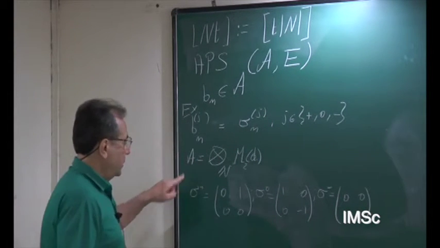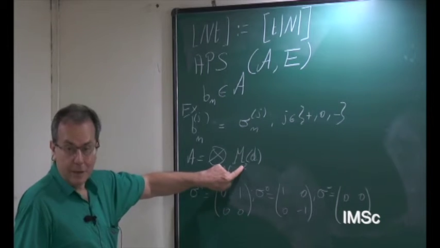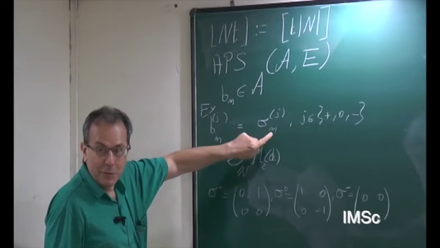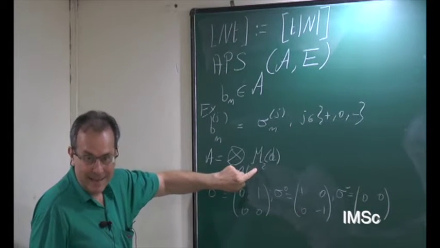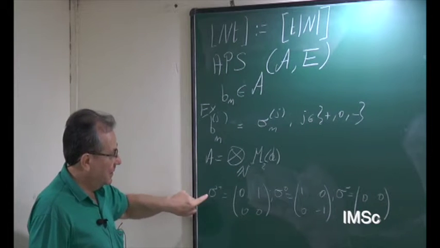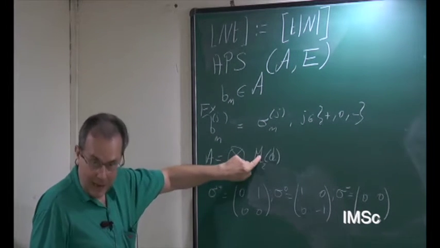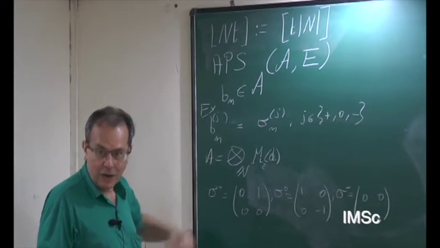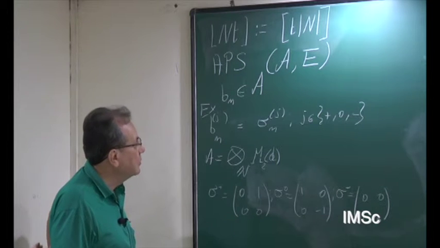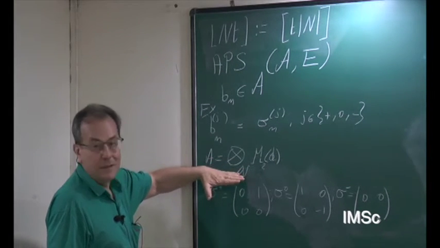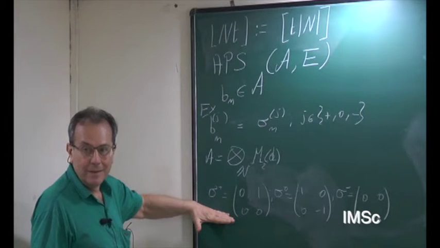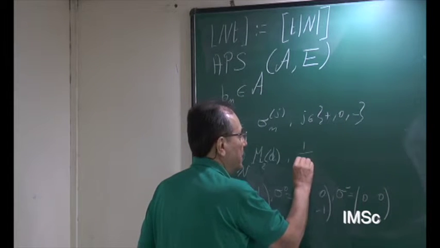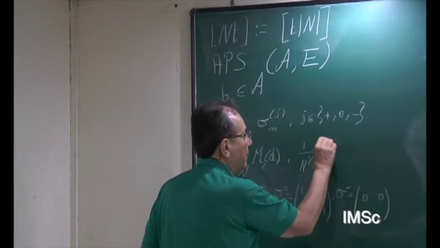See, this is for each, inside the single factor of the product. When I have the index n, it means I am considering the natural embedding, which puts the sigma plus, for example, into the n-th factor and identity everywhere else. So this is the natural embedding, and this will be the quantum analog of a sequence of Bernoulli random variables. And then you will form the central limit theorem, the central limit sums 1 over n to the 1/2 of the sigma,